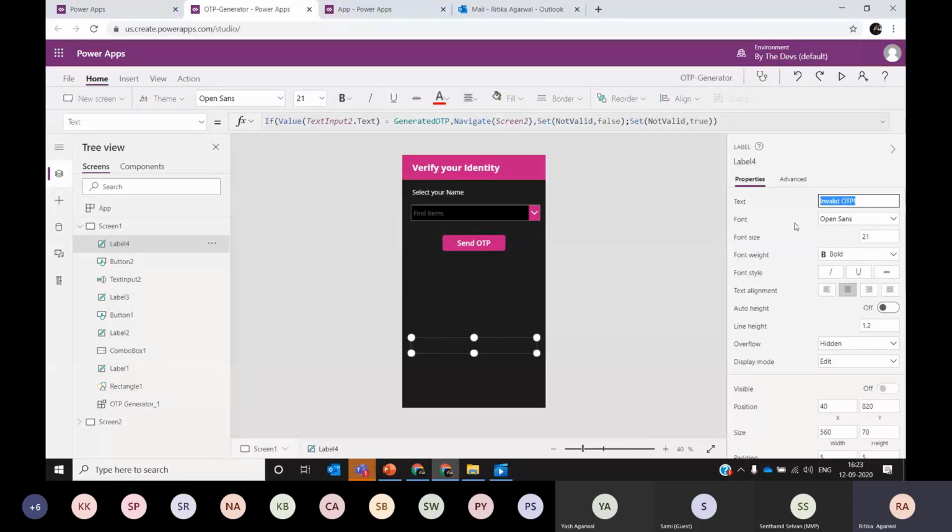And here the visible property will depend on two conditions. Just give me a minute.